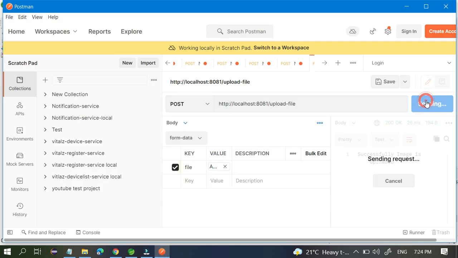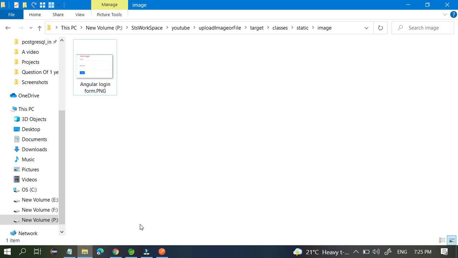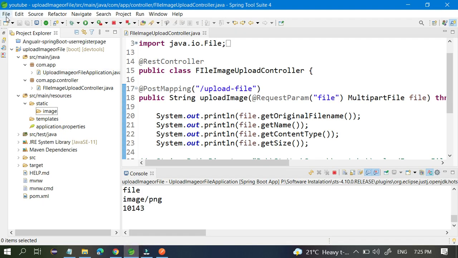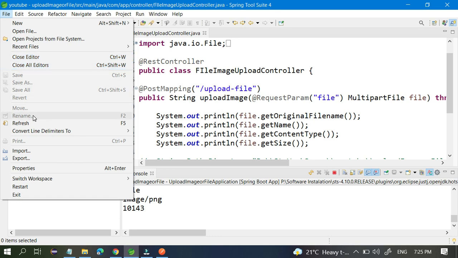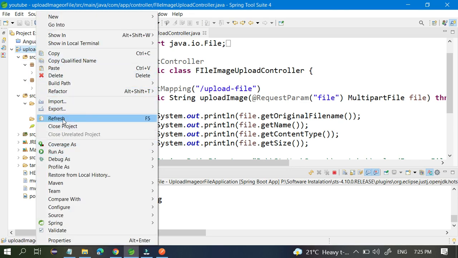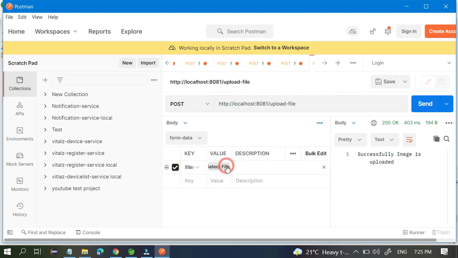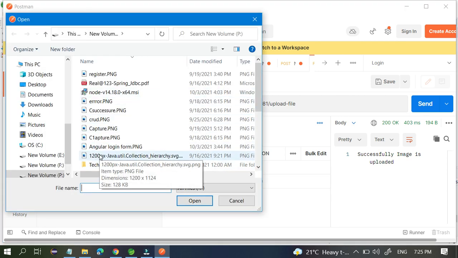If you refresh your Eclipse, you see it here also. It's not showing right now, no problem. Take some other image file, select this one, register, upload it, send the data, go to this place and refresh.